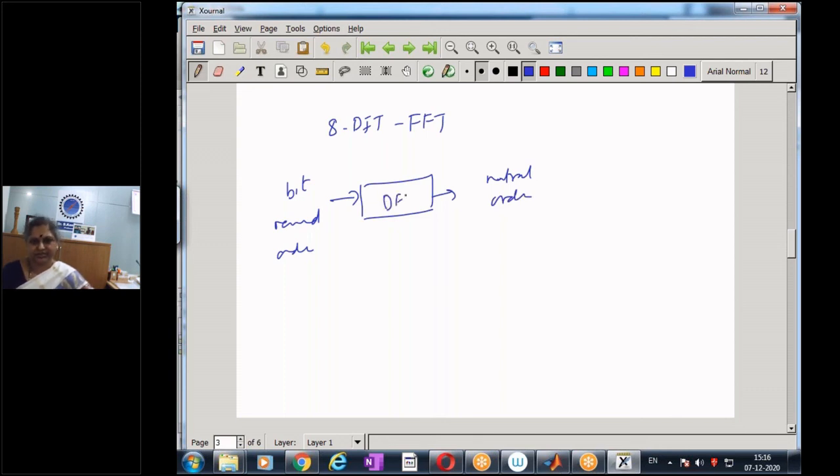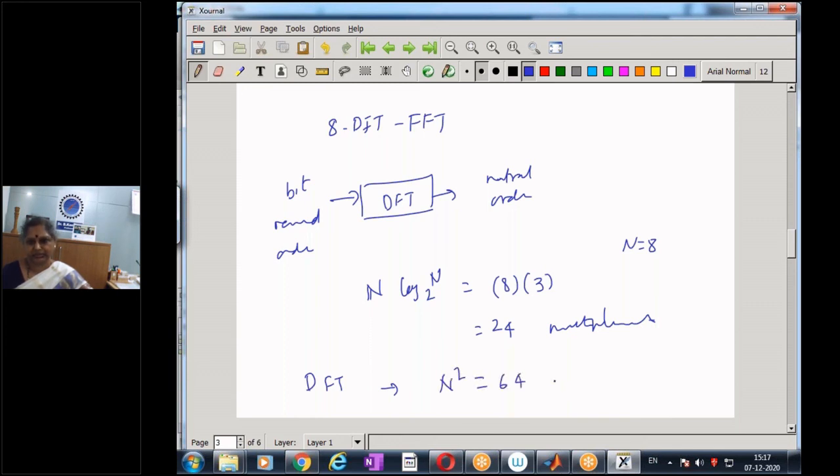And what we are computing is just a discrete Fourier transform with an efficient method, and the number of multiplications is n times the number of stages, which is nothing but log n base 2. So if I consider n equal to 8, I have 8 into number of stages, log n base 2 is 3, so 8 threes are 24 multiplications using this method. Whereas if we had used the direct method of computation, the DFT algorithm, I would have got n square multiplications, which is 64 multiplications.